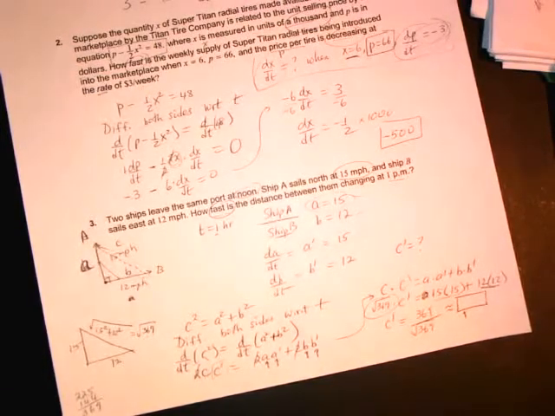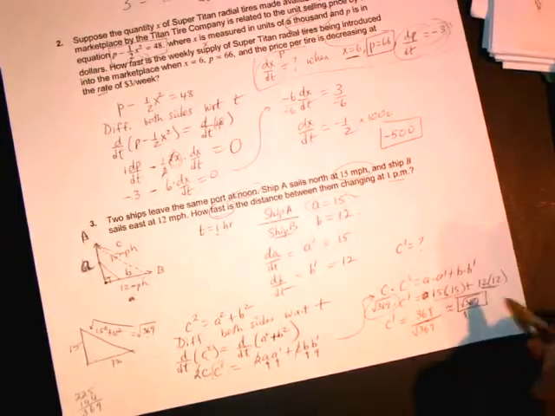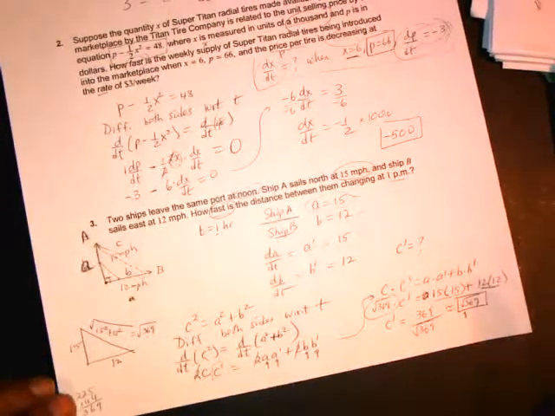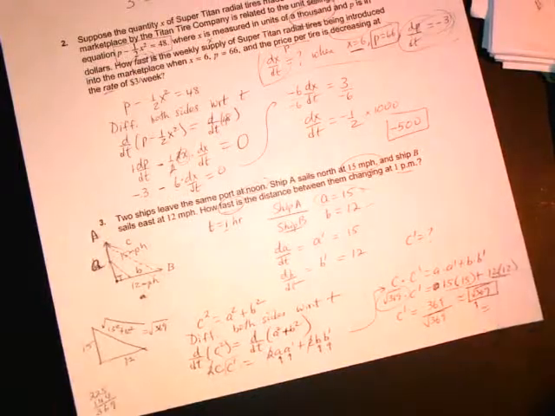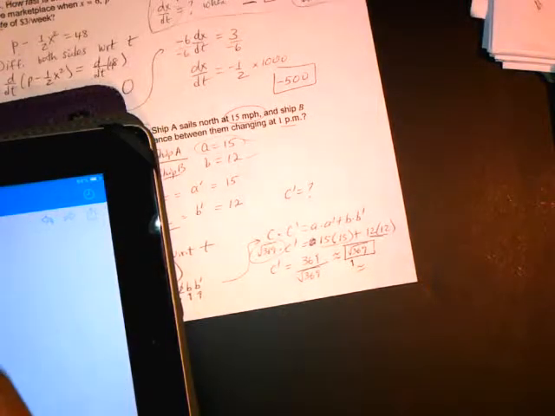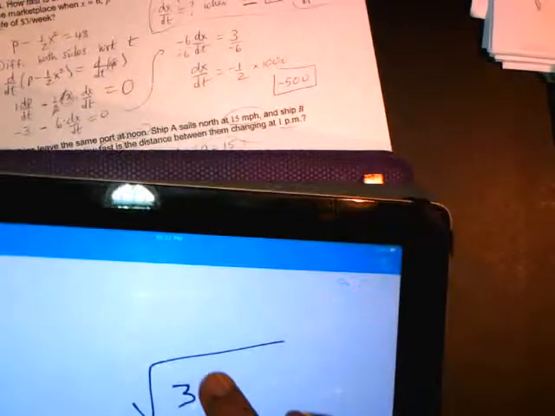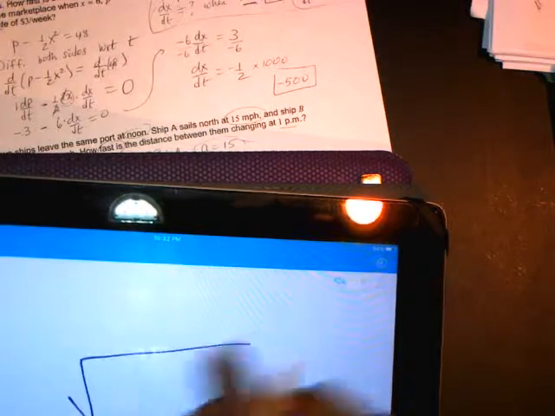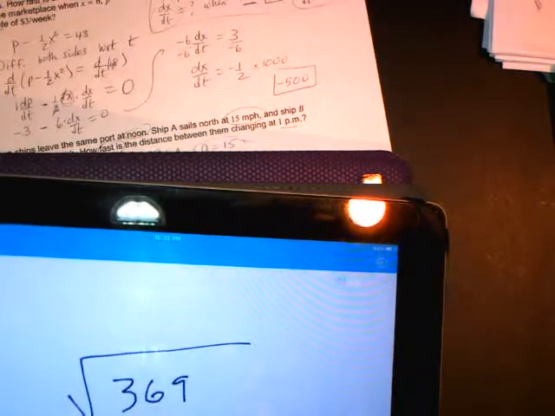So what would that be? It would just be the square root of 369, which is, I don't think, a whole number. What is it approximately equal to? Let me use an app on my iPad to quickly figure that out. Square root of 369. About 19.21